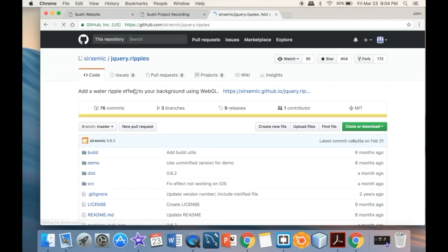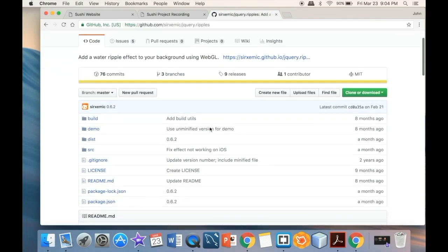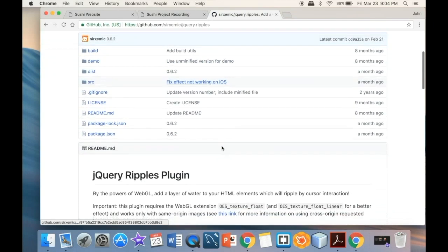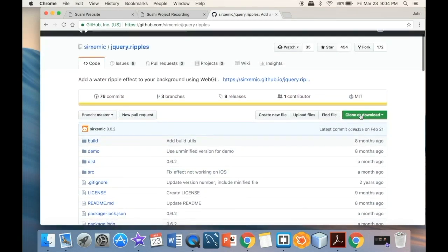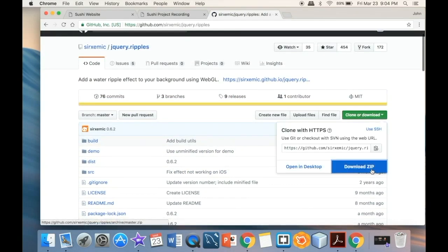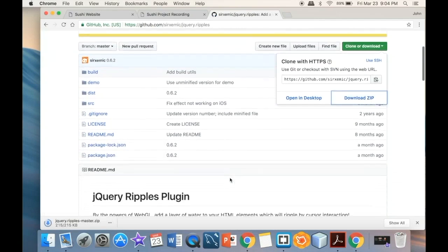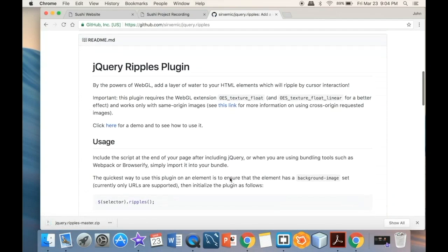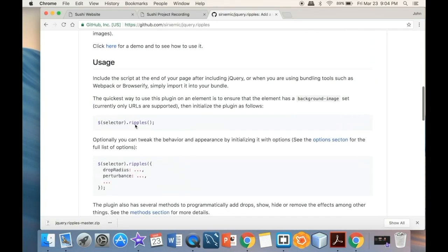So once we're in the GitHub, the next thing that we would want to do is right away download. So I'm just going to click over here, download zip. And once we download the zip, the story should be the same as with the rest of the jQuery plugins. The first thing that we want to do is link it in our index.html, and then we're going to write some code in our